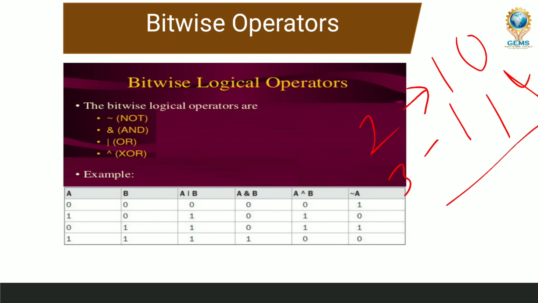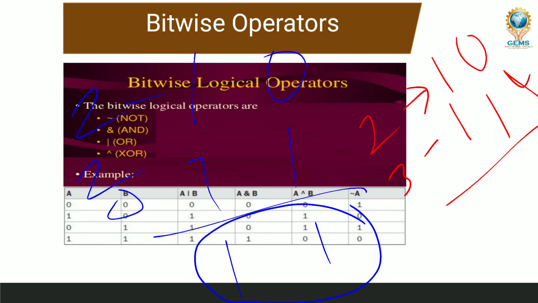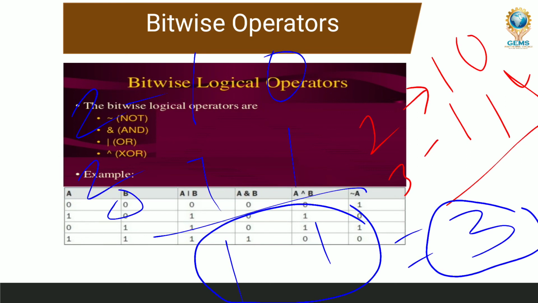Now listen. What is the answer for 2 OR 3? What is the binary value of 2? 1 0. Binary value of 3? 1 1. Now apply the same thing here. I already said that 0 and 1 in the OR operator gives 1, because if you get a 1, you will get the output 1 only. 1 and 1 again gives 1. So what is the decimal value of 1 1 in binary form? It is 3.